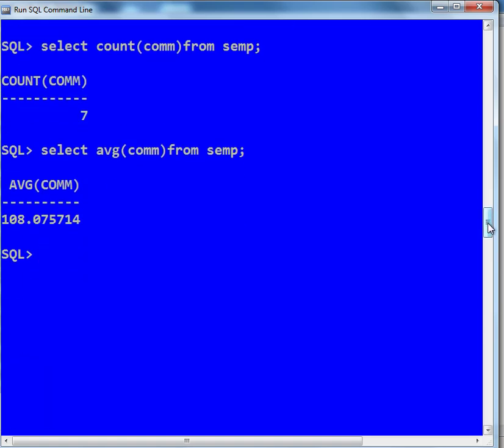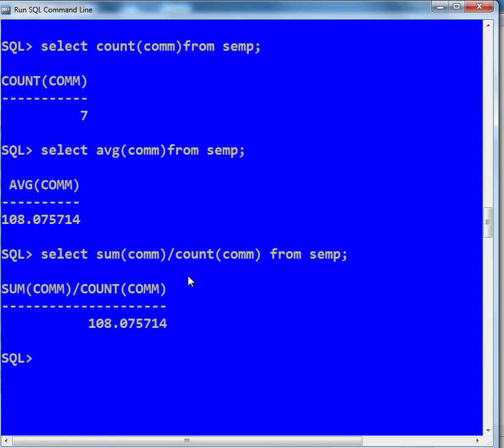But suppose instead of average of commission, I write the sum of commission divided by the count of commission, so the total number of rows in the commission column and the total summation of that.